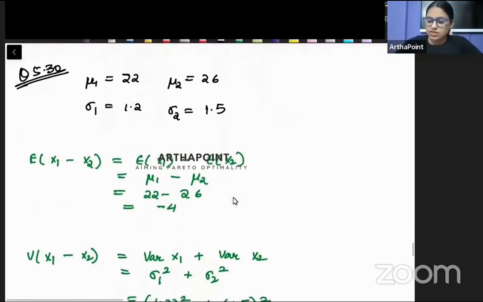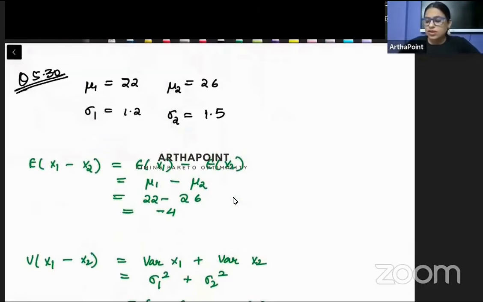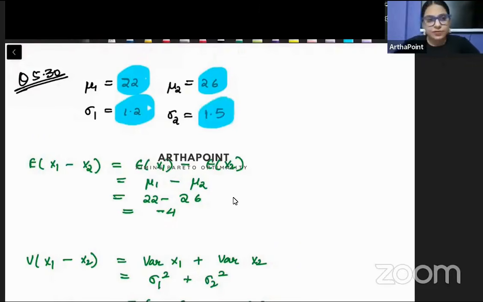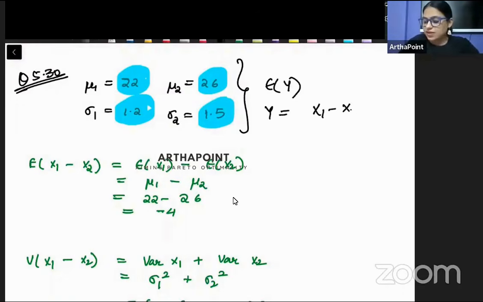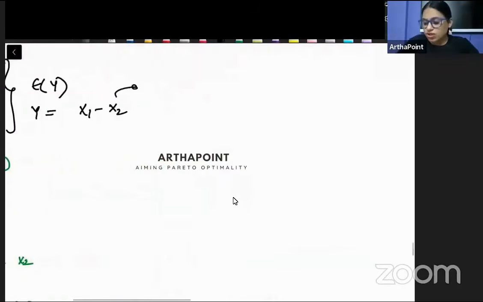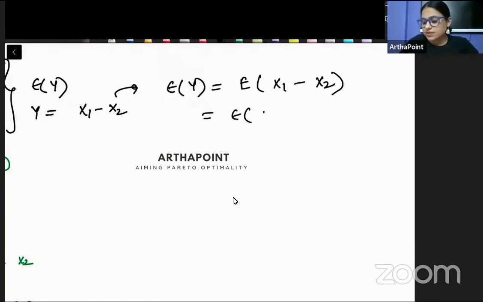ओके बेटा, this is the next question। देखो ध्यान से, यहाँ पर आपको दिया हुआ है कि μ1 is given to you as 22 and μ2 26, sigma 1 is given to you as 1.2 and sigma 2 1.5। अब क्वेश्चन बोल रहा है find the expected value of y, और y कैसे डिफाइंड है, y is defined as x1 minus x2। तो अगर मुझे यहां से expected value of y निकालना है, so this is going to be expected value of x1 minus x2। तो बच्चे this will be expected value of